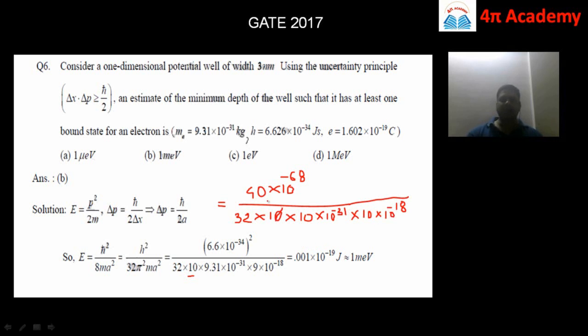So I can cancel out this 0 with this 0, and adjusting the multiplying factor, this will be equal to, in the numerator the multiplying factor will be 10 raised to power minus 68, and in the denominator it will be equal to 10 raised to power minus 31 minus 18, that is minus 49. So finally this answer will be 4 divided by 32 into 10 into 10, so that is 3200